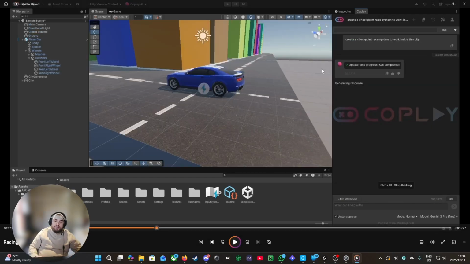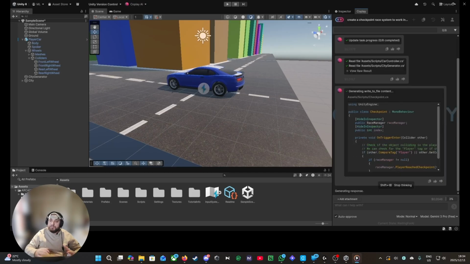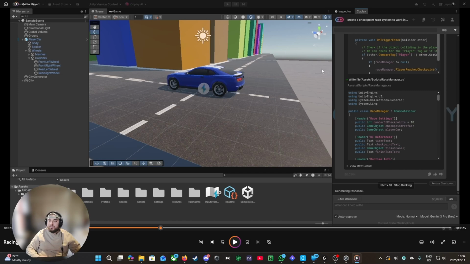Now I asked it to get into the details of the game, a checkpoint race system to work inside the city, and it created an 8-step task list. Firstly, I started a new chat because I wanted a new idea to go with. So it creates 2 scripts here, and it's the race manager, and then I believe it's the